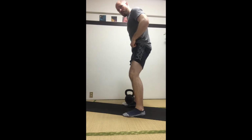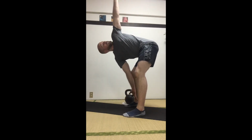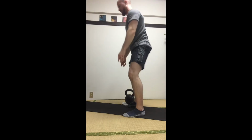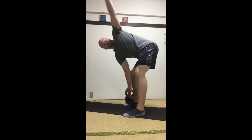Knees slightly bent, reaching down, arms externally rotated, and 1. See, I'm using my leg for support here. 2, to give myself some leverage. Backside is warming up, and 3,